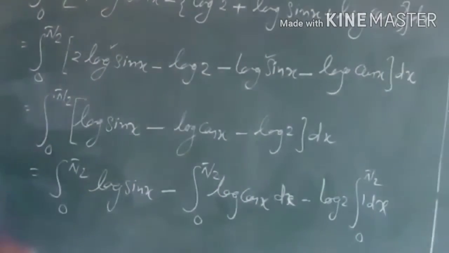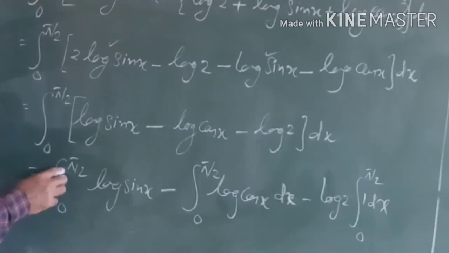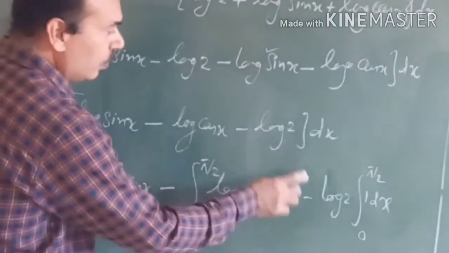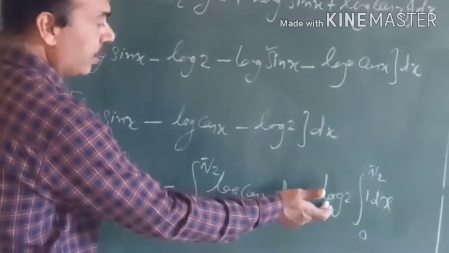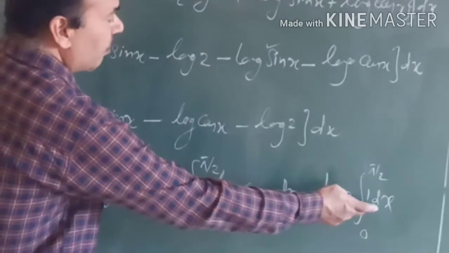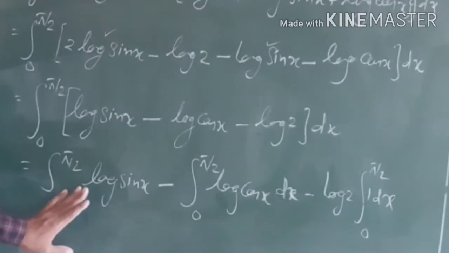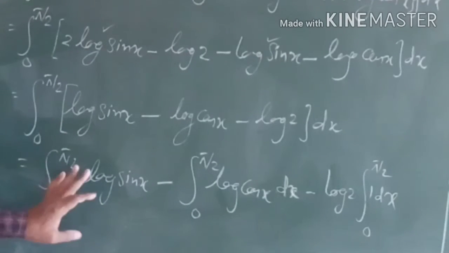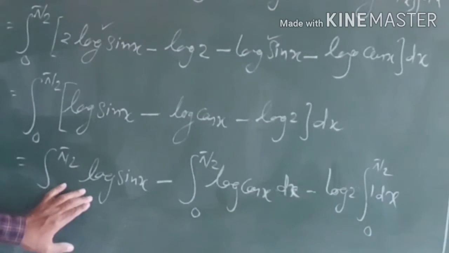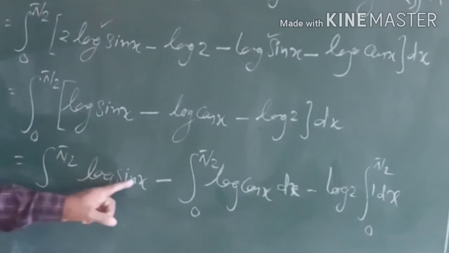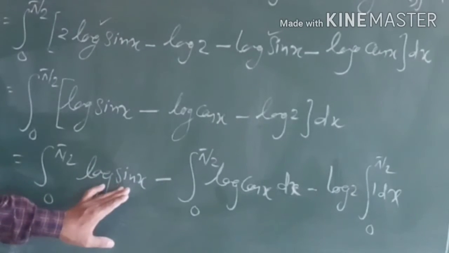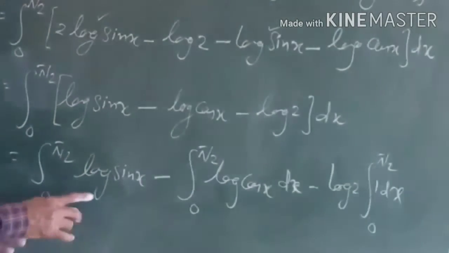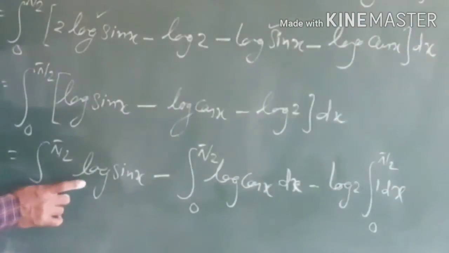Now in the next step separate the integral. So first write integral 0 to pi by 2 log sin x minus integral 0 to pi by 2 log cos x minus log 2, since log 2 is a constant, write it outside the integral, only 1 remaining, and the integral of 1 is x. Let's see here, this is sin x and cos x. If we apply property number 4 in only this first integral, in place of x if you write pi by 2 minus x, then you will get here cos x. So log cos x and log cos x will be cancelled out. So in this question, use property number 4 only in the first integral.